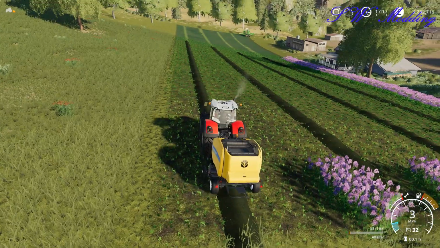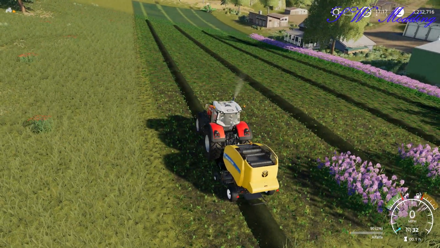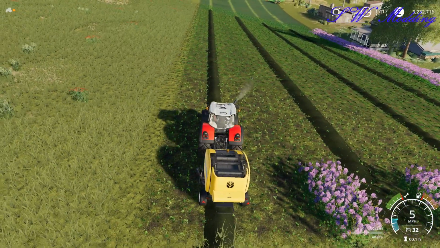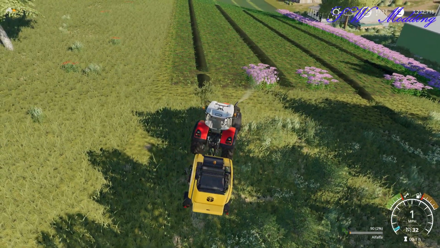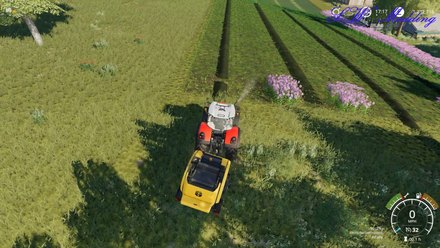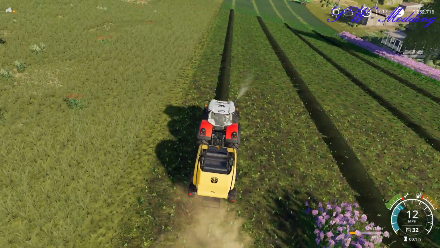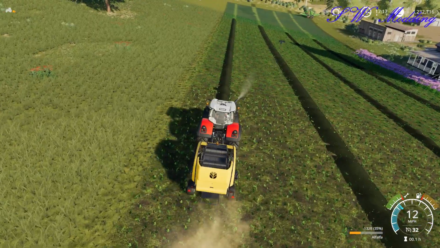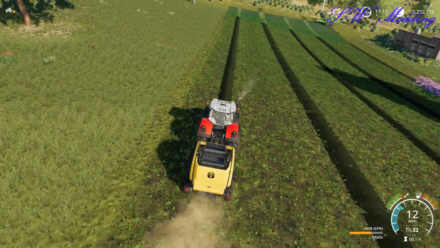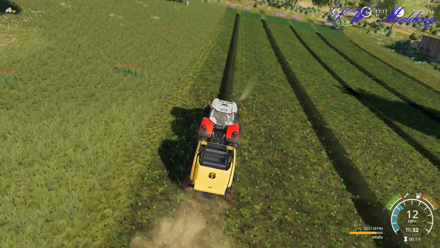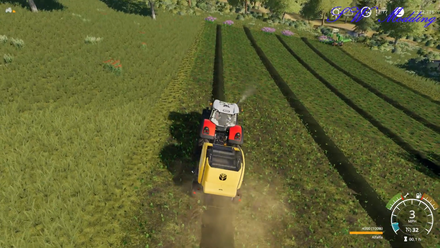So if I go forward, you can see in the bottom right there it's saying alfalfa, which is fantastic, that's what I want. So if I pick up and just go back to the beginning here, I can now pick up the grass windrow, but it will continue to make me an alfalfa bale. It's only when this bale is completed, if it then picks up and I empty it, it's only then if it picks up grass or any other kind of windrow, it will start to create a whole new bale in that field type. Okay, so we've got that one,